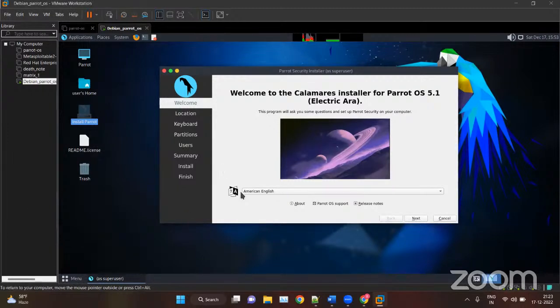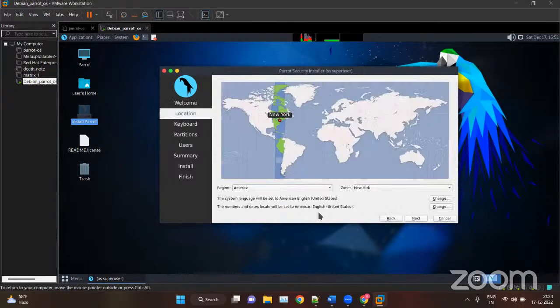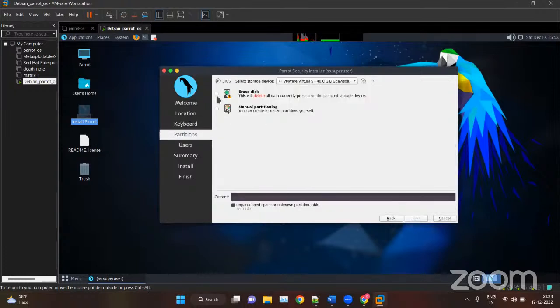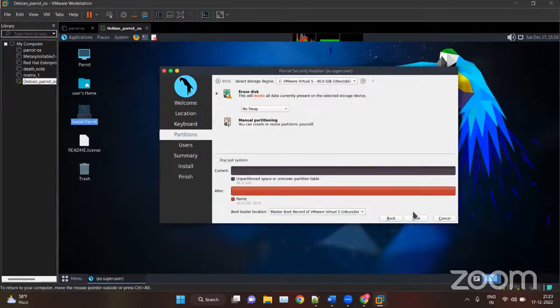Okay, so now select your language. Next, here click on select your region. Click on next, whatever you choose. Click on next. Now select your language, like keyboard. Next, click on erase disk. Next,